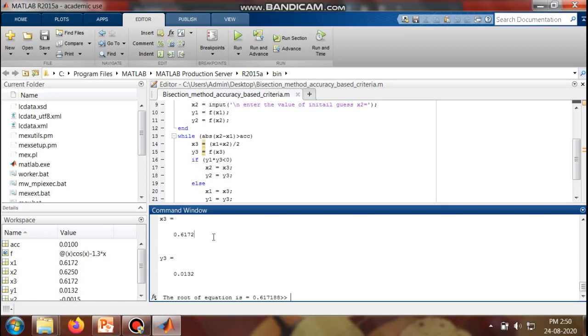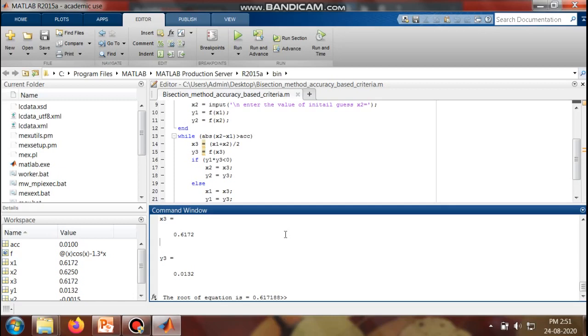So after the sixth iteration you can find that the value of x3 has been printed as 0.6172, and the last answer has been printed as the root of equation is equal to 0.617188. So here the last two digits 88 are omitted, and instead they have written it as 0.6172.